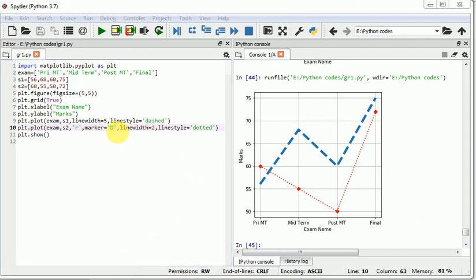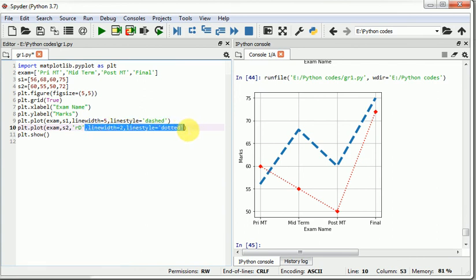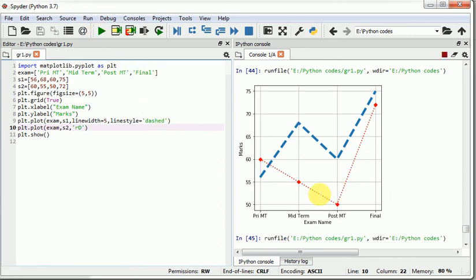And yes, remember one thing, if you are not giving a line style, just like our previous example where only points displayed, I'm writing here RD and I'm not giving line style, so it displays only the points.